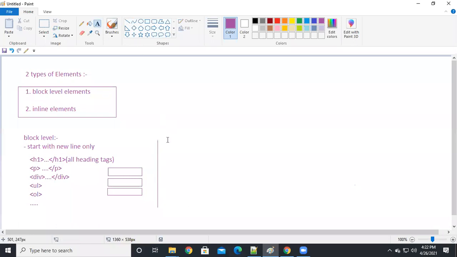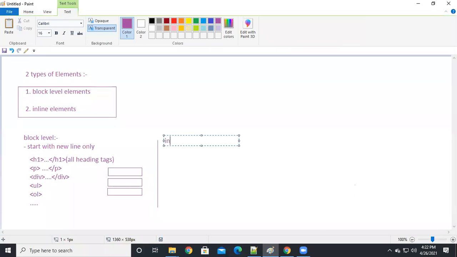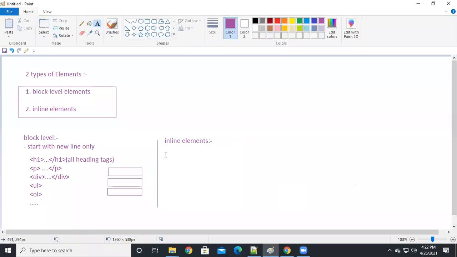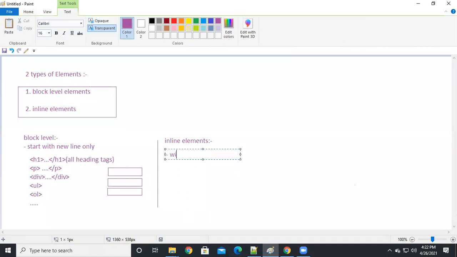And next we have the inline elements, guys. Inline elements are going to display within the same line only, side by side.